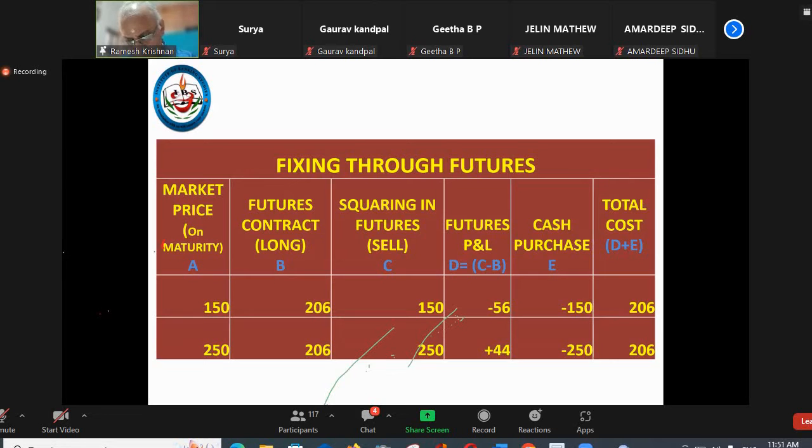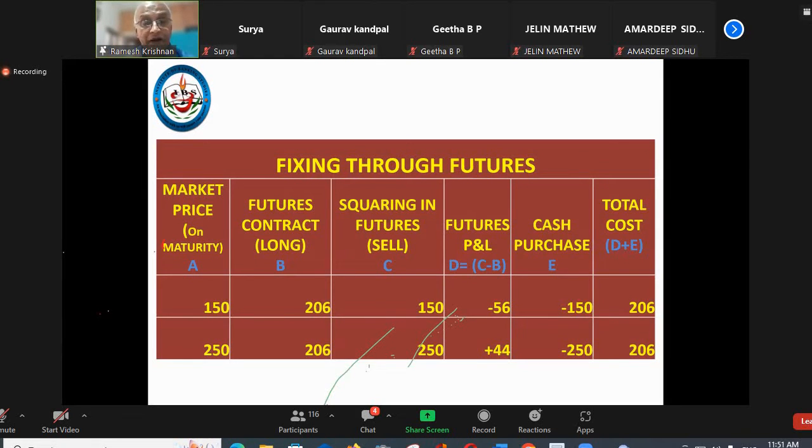Is it compulsory to honor the future contract? Yes, compulsory. Only in an option do you have the legal right to withdraw. Under a future, whether you are there or not, whether you are insolvent or so, the futures will debit your account and square off. And for this 56 rupees, the exchange would already have collected from you between October and December